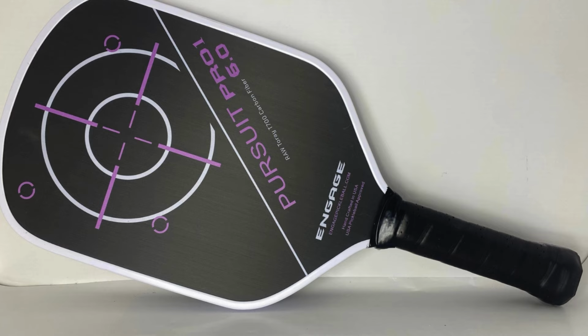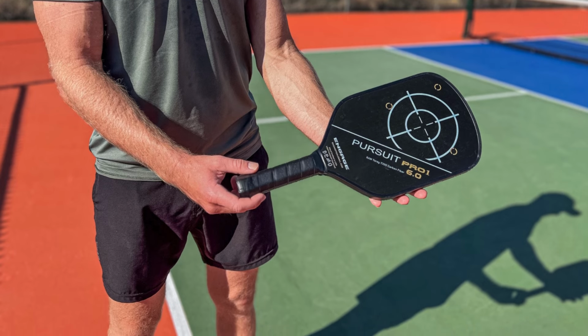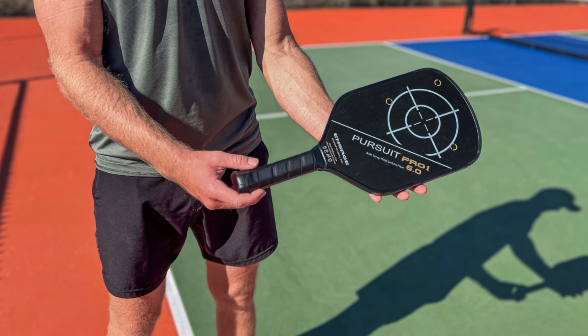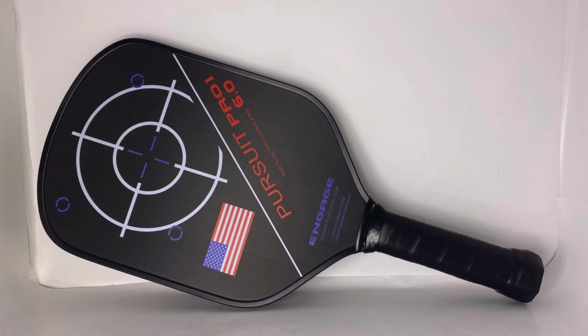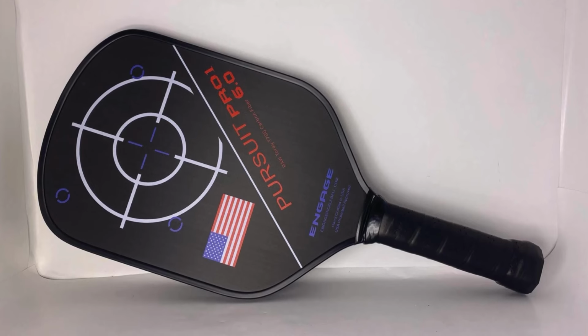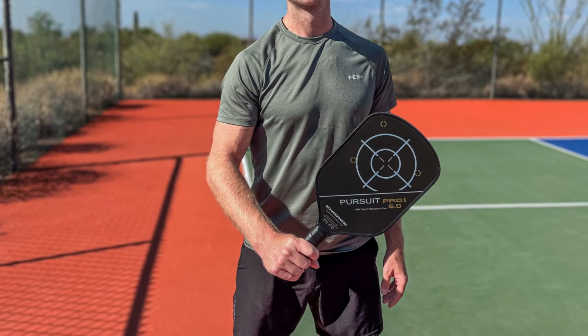The 6.0mm core thickness provides a stable, solid feel during play, making it ideal for those looking for enhanced touch and stability when hitting the ball. Weighing between 7.8 and 8.3 ounces, the Pursuit Pro 1 6.0 strikes the perfect balance between maneuverability and power. This lightweight design allows for quick reactions and swift movement at the net, while its weight helps generate powerful hits